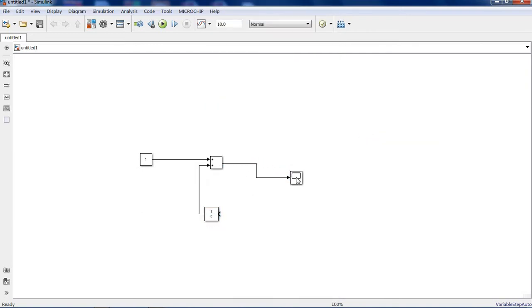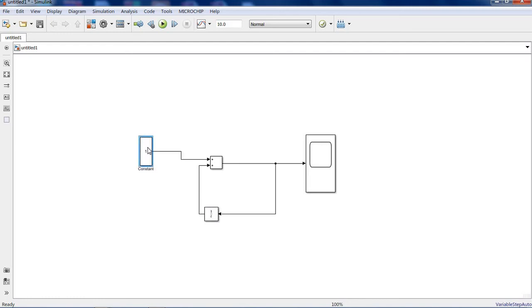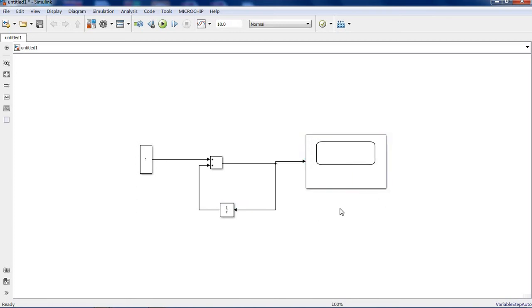Then I will connect this to the scope. So why is the unit delay block required? Because the unit delay block always stores the previous value. Whatever the previous value is, it stores and it will be added next time. For that purpose the unit delay block is required. So we will run this and see what the output is.